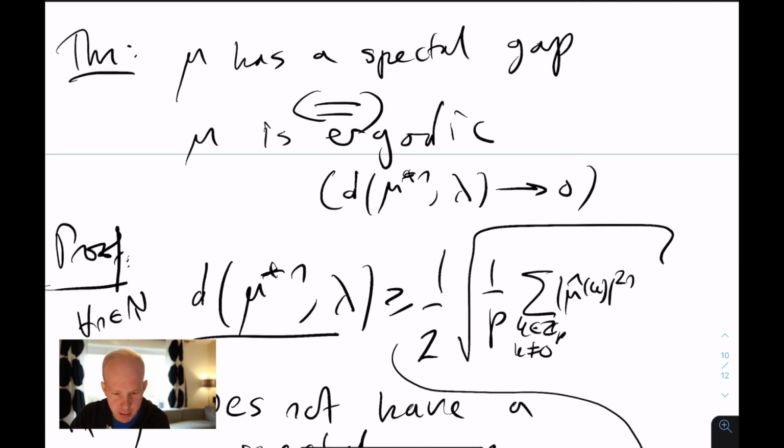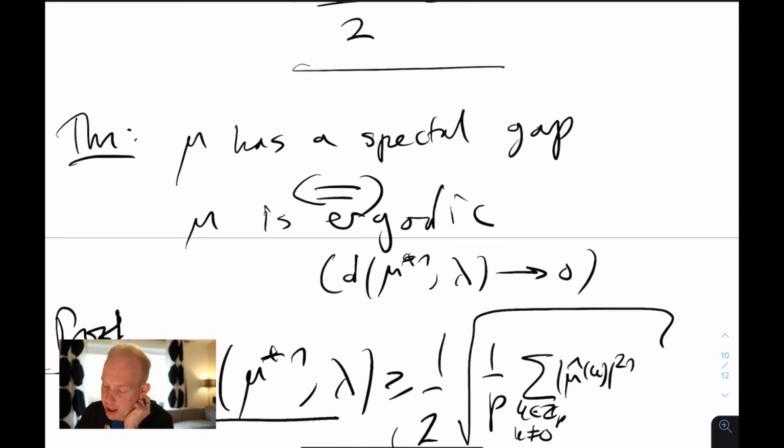And the final thing that maybe I could mention, if you want to see the connection to non-concentration, is that if you remember, the ergodic theorem was saying that if you are not concentrated on a coset of a proper subgroup, then that happens precisely when you are ergodic. So now we can do the same thing: this ergodic theorem allows us to characterize spectral gap. So spectral gap happens precisely when you're not concentrated on these cosets of the proper subgroups, which are not singletons in this sense, like cosets of the trivial subgroup of 0, and this way we can characterize ergodicity